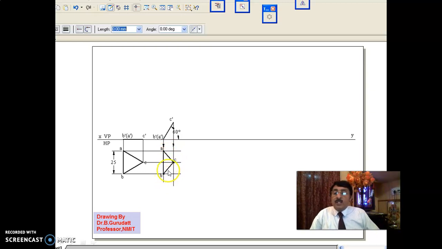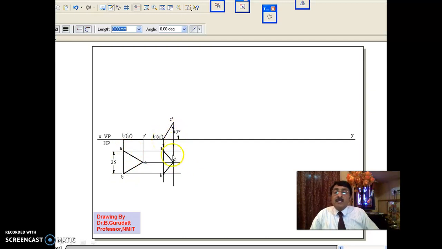But what you should know here is, between this and this, what is the change? Here the entire lamina was on HP. That is why true length was seen in the top view. But now the lamina is tilted such that the edge is on HP and the surface is inclined at 60 degrees to HP. As a result, when you are looking from the top, AC and BC would have lost true length. It will not be in true length, like here, where it is in true length because the entire lamina was on HP. Now it is tilted about the edge AB on HP.